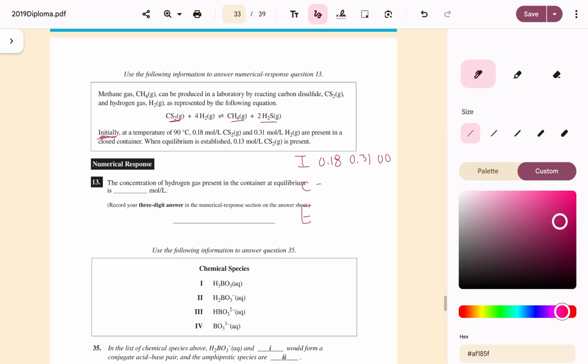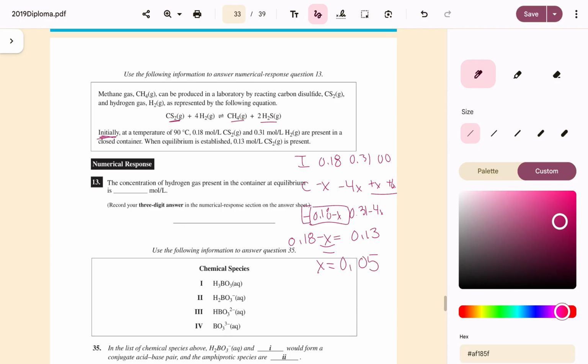Change based on the mole ratio, so minus x, minus 4x. Products are being formed, so plus x, plus 2x. Now add your columns, you get 0.18 minus x, 0.31 minus 4x, and then you'd still have these two here, x and 2x, but we actually don't need that for the question. Now in this, it tells you at equilibrium that your information about the CS2 equals 0.13. So we can take the 0.18 minus x and set it equal to 0.13 and then solve for x. When you do this, you'll find out that x equals